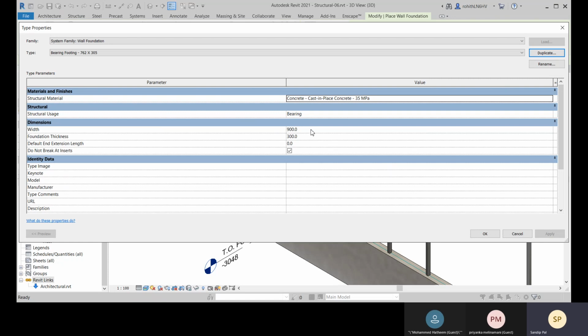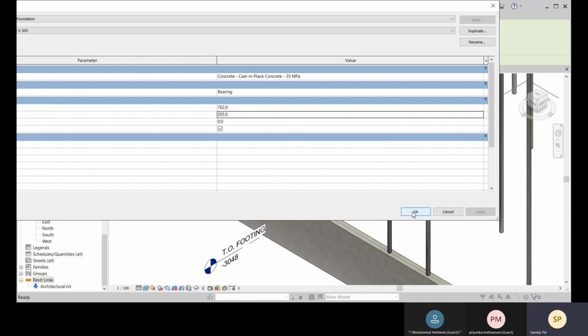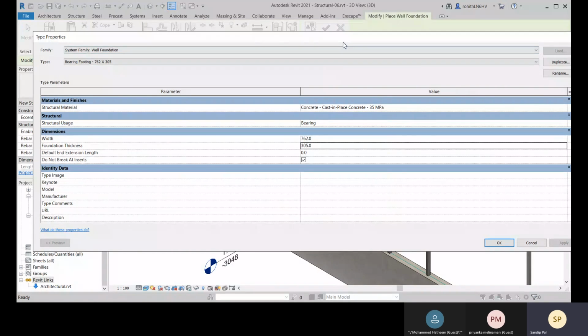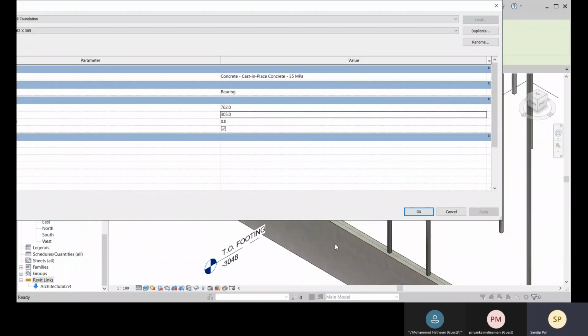And after that, here you need to change it. So 762 by 305, and click on OK. That is done.